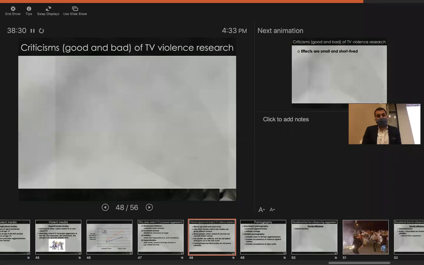There have been a lot of criticisms of this sort of research over the years, partly because it's a highly political issue in a sense, and because Hollywood and video game companies have a lot of money that they spend on PR and on attacking this sort of research because they want to undermine it. Some of the criticisms have been okay, and some of them have been pretty bad. So I want to go over what some of the criticisms are, and then what responses the researchers give to those criticisms.